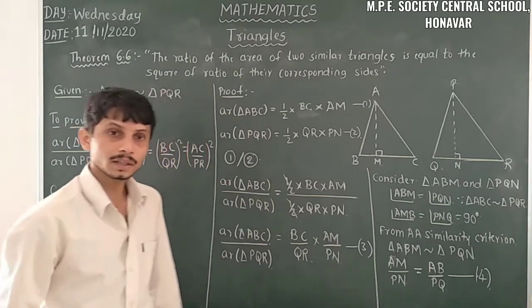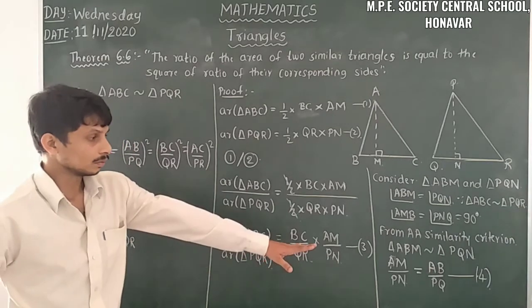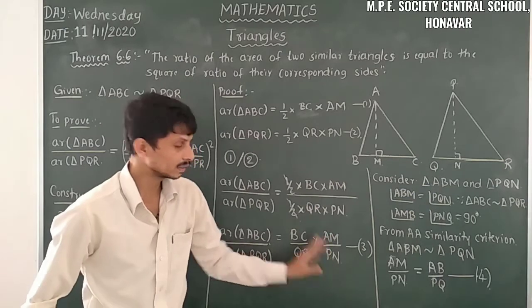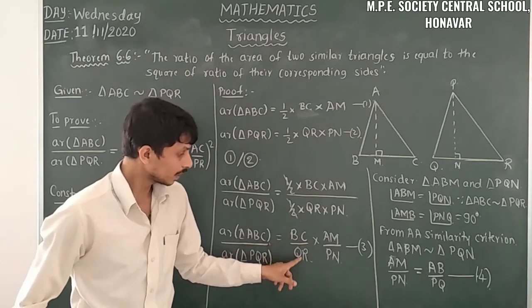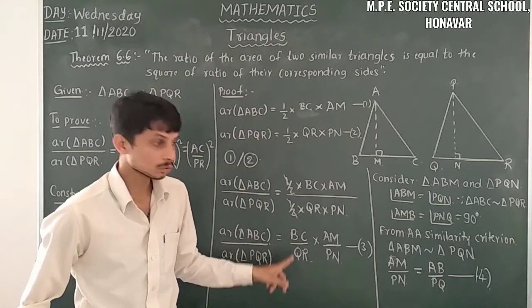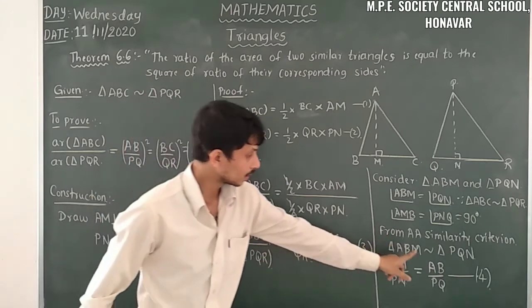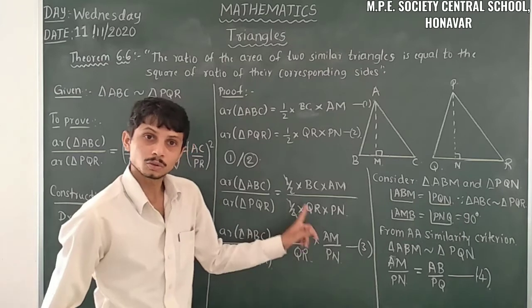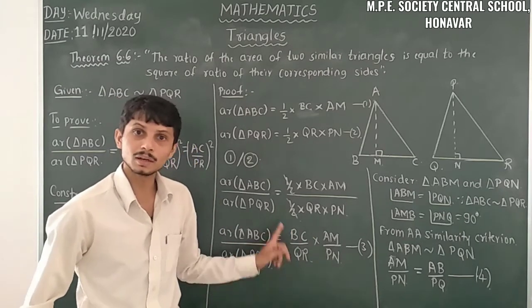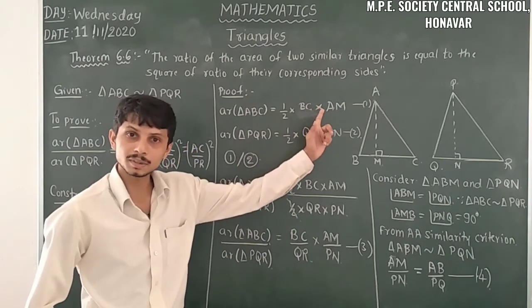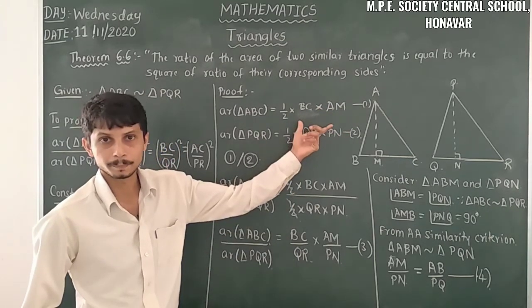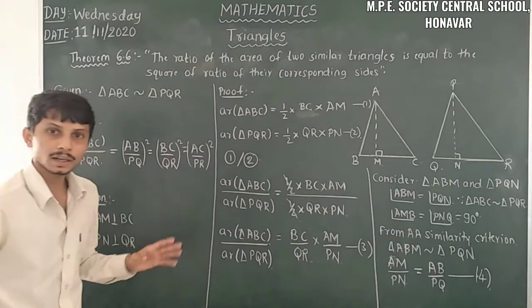So here we can replace AM by PN with AB by PQ. It is completed as triangle ABM and triangle PQN. From that we can change this one, and also this one. When we have AM by PN equal to AB by PQ, we can replace it here. Here also we want AB by PQ, then only this theorem is true. Otherwise we can't consider this theorem as true here.